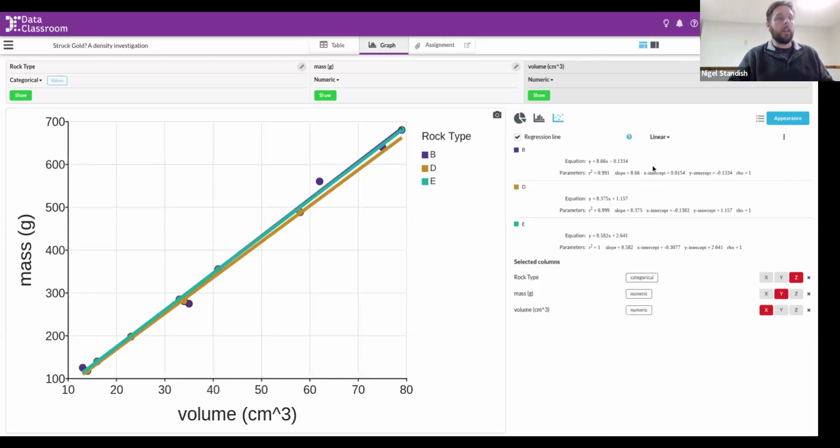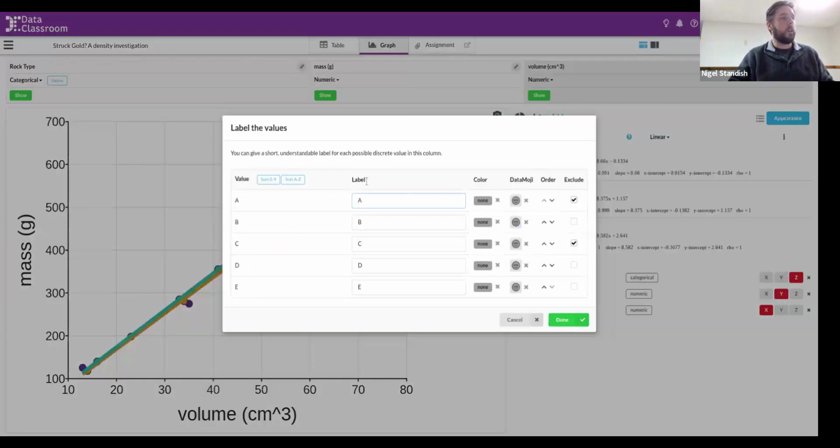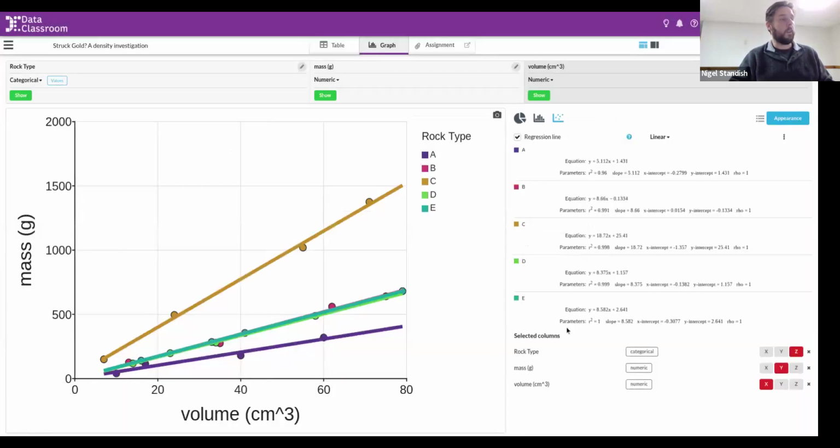I'm going to go back to values, and I'm going to allow groups A and C to join the party. And again, we get a view of our 5 rock types and their slopes in relation